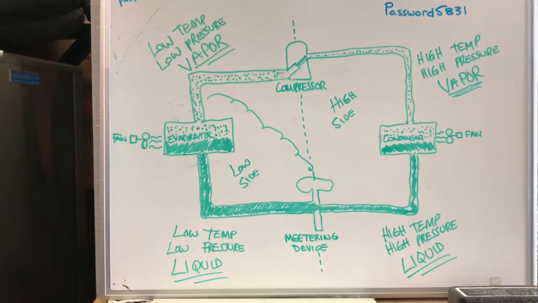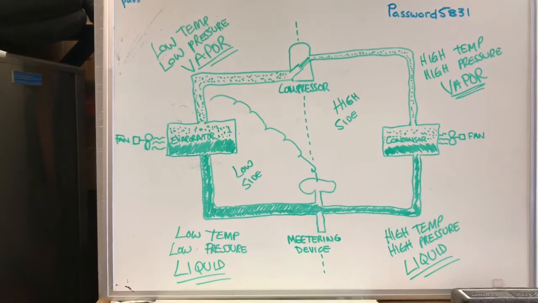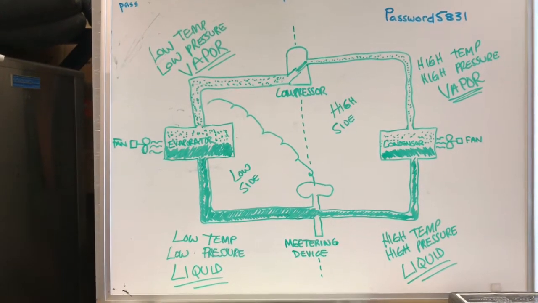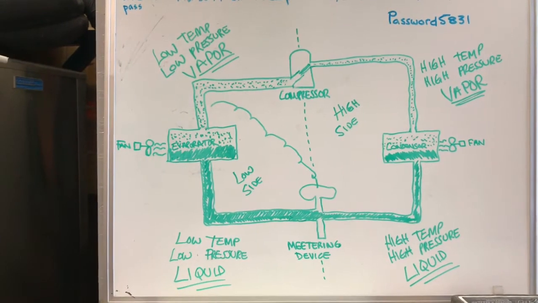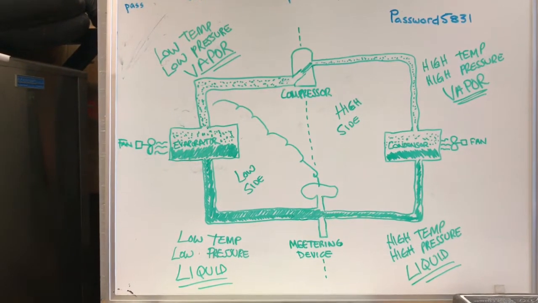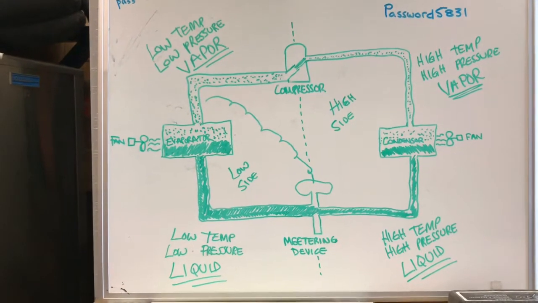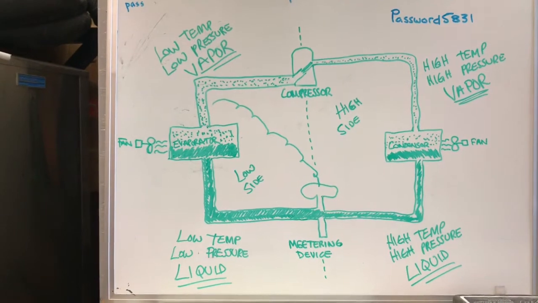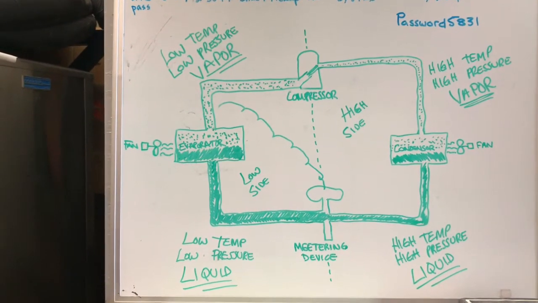And the reason why we drop the temperature is because as we make our way up to our evaporator, we have to be able to pick up heat. Well, you can't pick up heat with hot refrigerant. That's why you need cold refrigerant. So we got to drop the temperature and the pressure. We got to drop the pressure so we can drop the temperature so that we can pick up heat in the evaporator section. So we get our liquid refrigerant up to our evaporator,